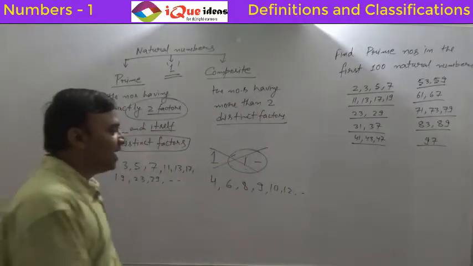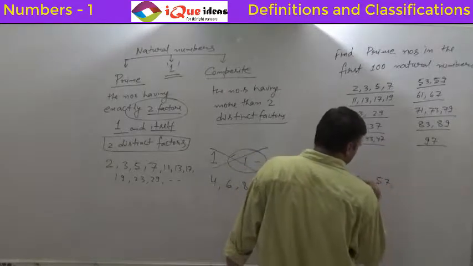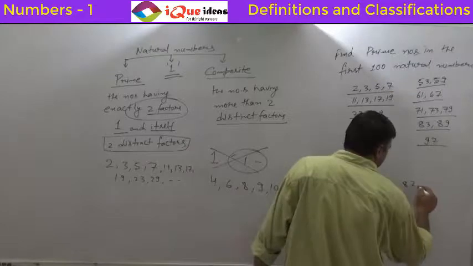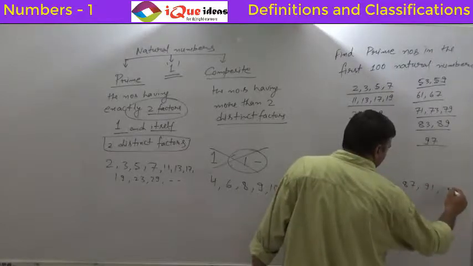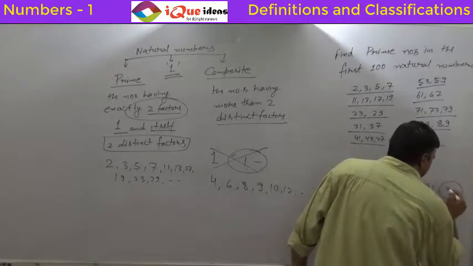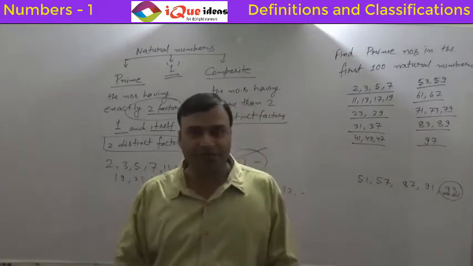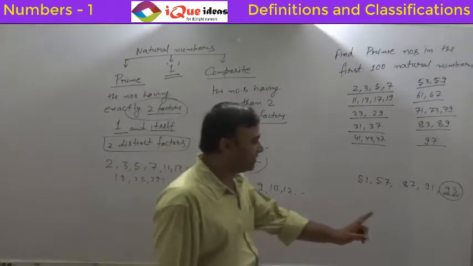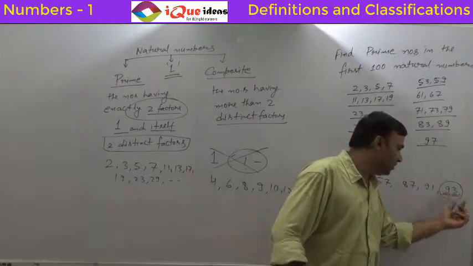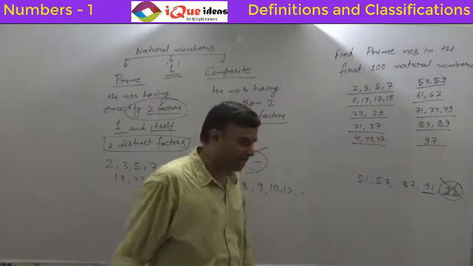Some of you may come up with the idea of 57 or 51 for that matter. Then you have 87, 91, 93. 93, it is shouting loudly that I'm divisible by 3, if you can see that. There is 9 and there is a 3. Zor zor se chilla ke bol raha hai, main 3 se divisible hu. To ye to nahi hona chahiye. 91 is in table of 13. 13 sevens are in 91. So it is